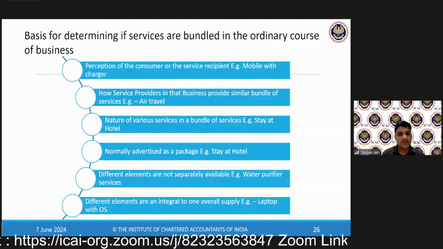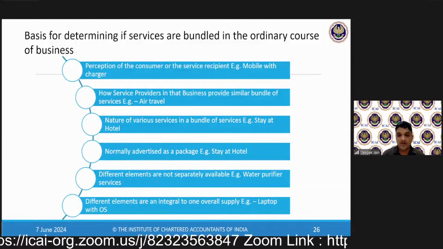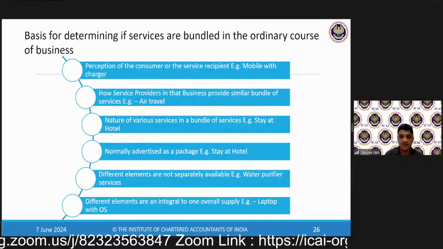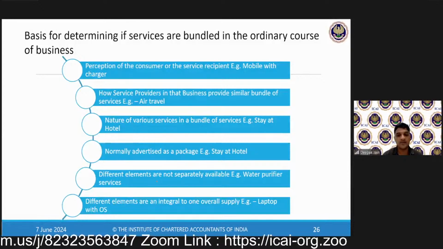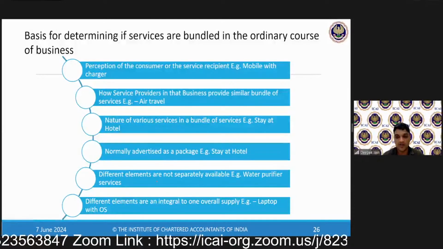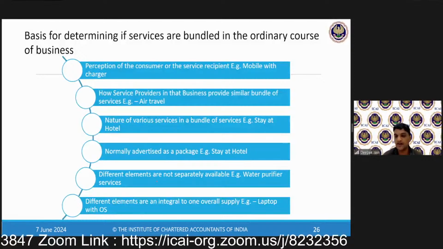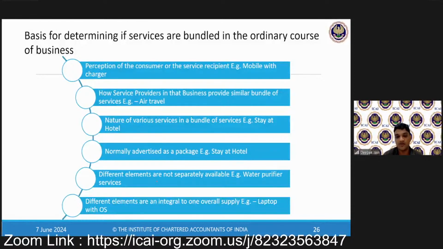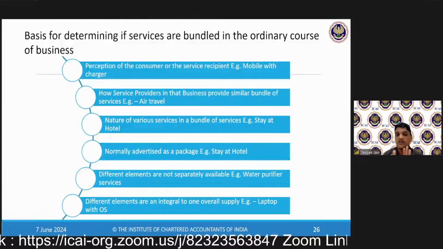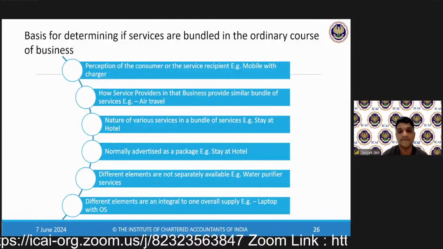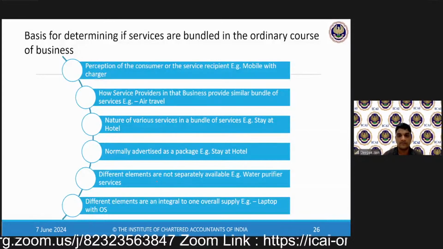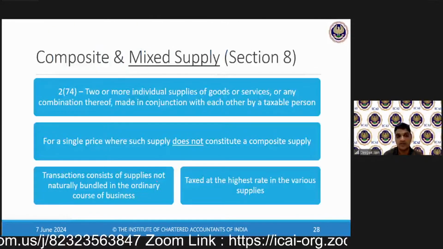If one is taxable and another one is exempted in a composite supply, then value will determine taxability. Yes, the value will be determining the taxability. Assets taxable at 12%, installation chargeable at 18%. Given a single invoice, is it composite supply? Yes, it is composite supply. And we have to collect two different rates? No. Since it is bundled, then we have to charge the rate of the principal supply. Clear? So this is composite supply, various parts are there.